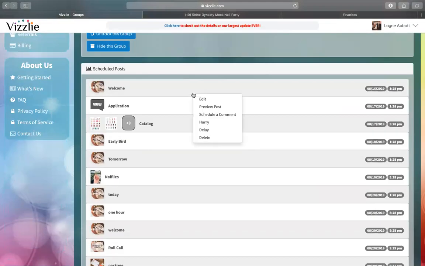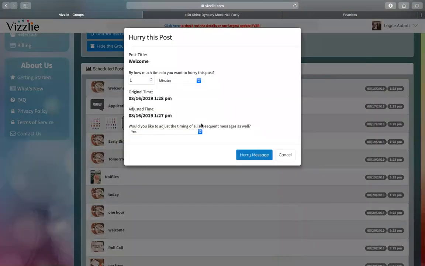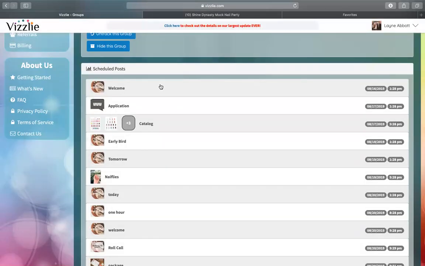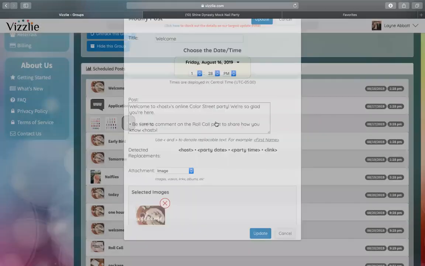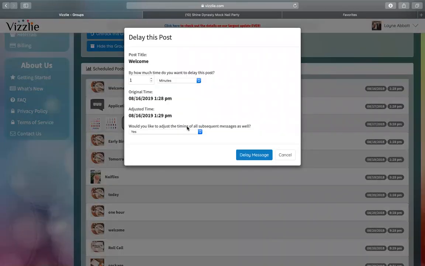And then you could do a hurry, which is how much time do you want to hurry this post? Would you like, oh, whoa, check that out. Okay, let's see this. All right, how much time would you want to hurry this post? I think this maybe just fixed all of my problems, maybe. I'm also still learning this. Okay, let's do 2 minutes. Okay, so let's check this out. 5:28, if that goes to 5:30, then we'll see. All right, do you want to adjust all the